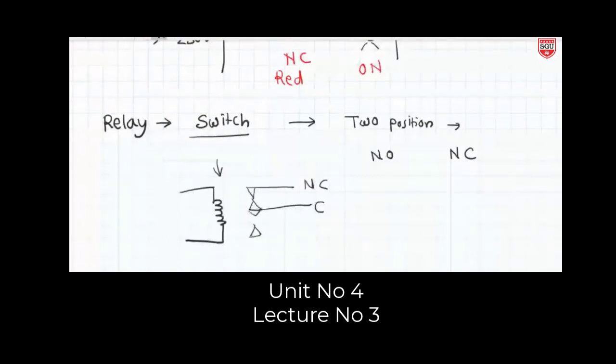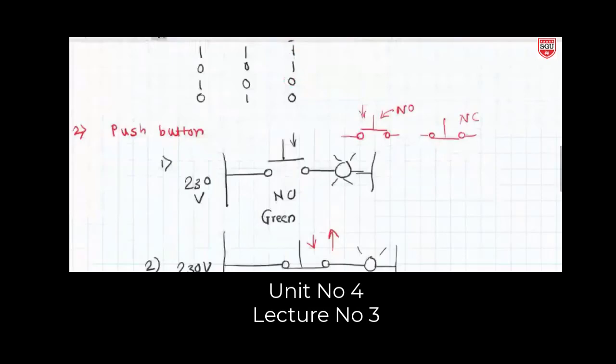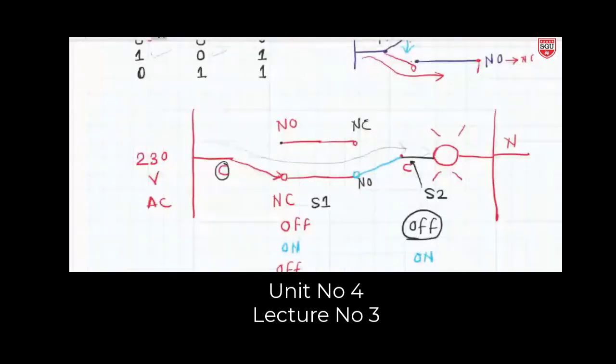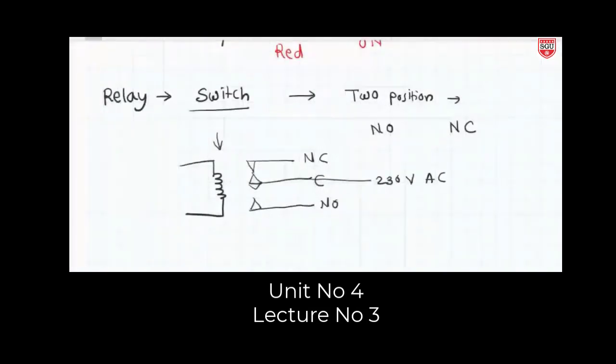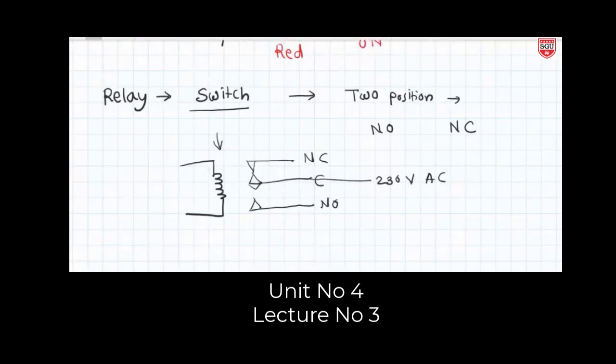So, in a simple way, see how it is working and what the condition is. C is the common, as we have seen here. To this common we are providing 230 volt AC supply. So what will happen if this simplest diagram is in front of you? What is your idea? What is happening here? Any idea? Which way is the current flowing? I am asking the question with respect to that connection.